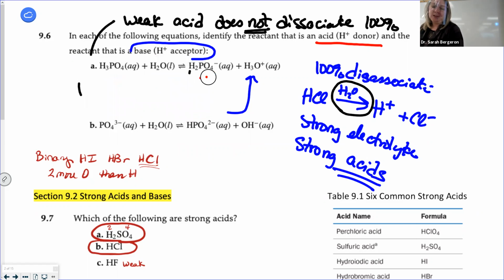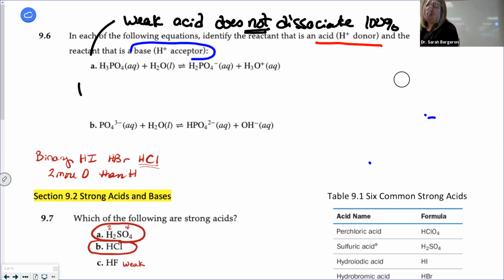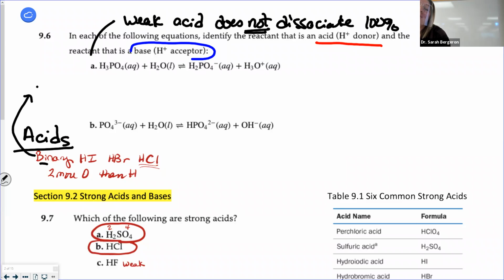Okay. So how do we know just by looking at a substance if it's a strong acid or a strong base? Well, when we talk about acids, there are two kinds of acids. There are binary acids. What does bi mean? Two. Binary acids mean we have two atoms. So for example, HI. How many different atoms are in HI? 2, hydrogen and iodine. How many are in HBr?